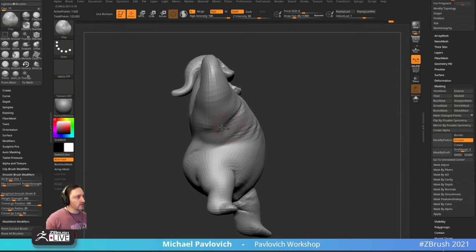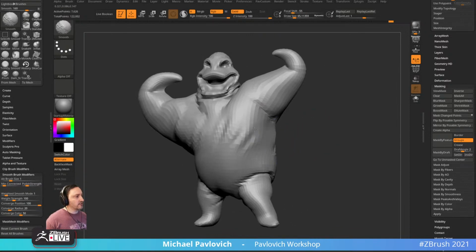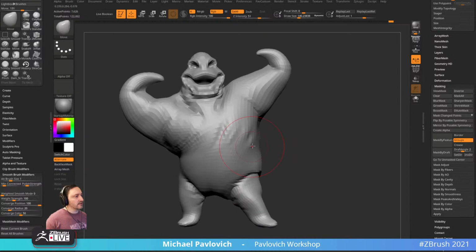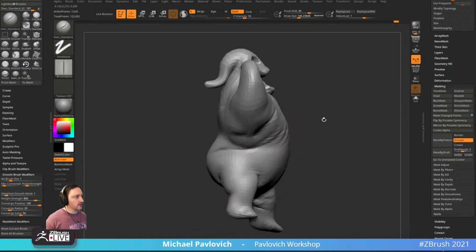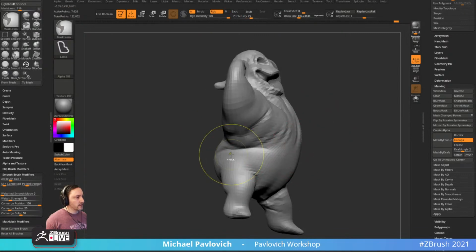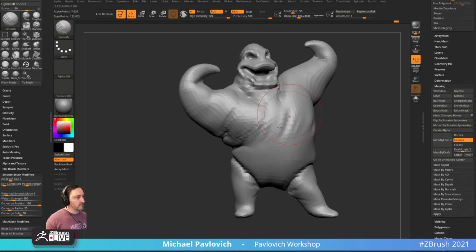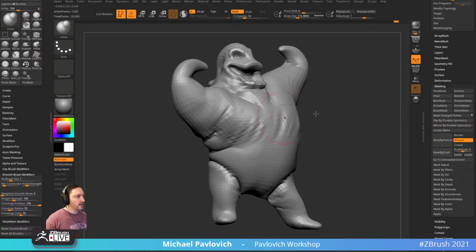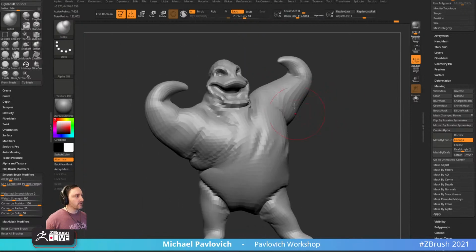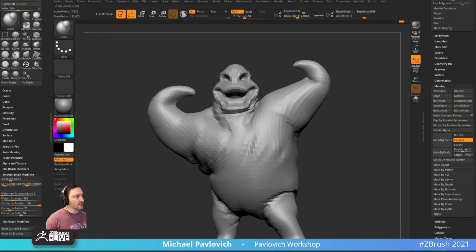There we go. So now we can smooth this out. Again, kind of squash and stretch. We're going to have a stretch on this side. You can make this nice and smooth, and then over here we can go in with our Dam Standard 02, and put in some real nice creasing where his burlap sack is just getting crunched. And now we can go in here and inflate, and really start to inflate this guy out. And again, we don't need biceps in there, we just need